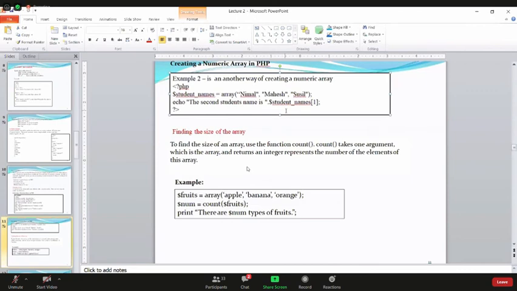The previous example was the numerical array with the indexes, right? Numerical values. Here we write the numerical array with the array function. This is the second method to display the numerical array in PHP. Right, then the last